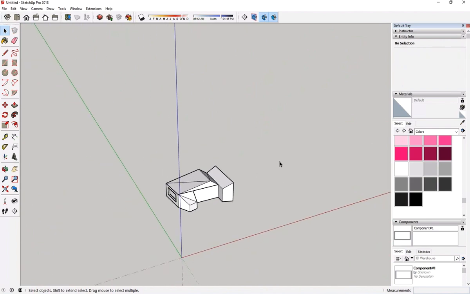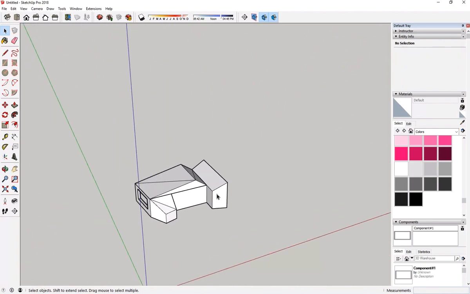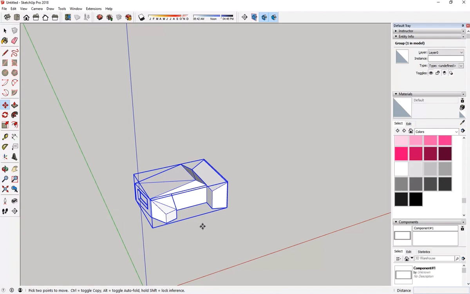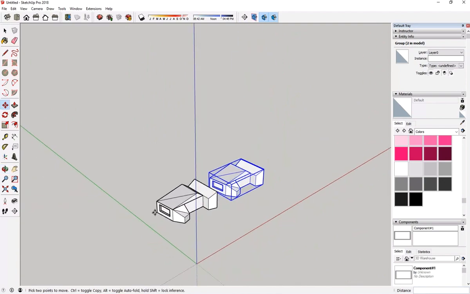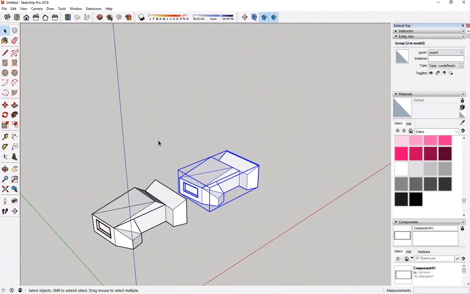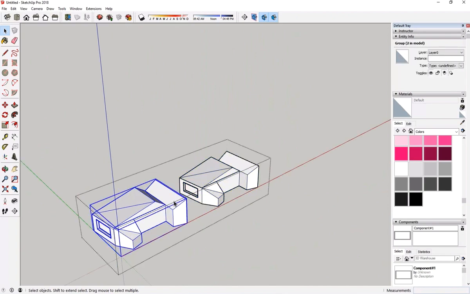If I want to, for example, make a copy of this, I'm going to click on it and go to the move tool, click on the move, and then let's say, for example, hold Control and then move to make a copy of this, for example in this direction. And let's say I can create one group of these two together. So I can just select these two and say that I want to make another group. So this is a hierarchy of the groups that I create. So if I select this, it's going to be one group again. Click, there will be two groups within that one group. If I click